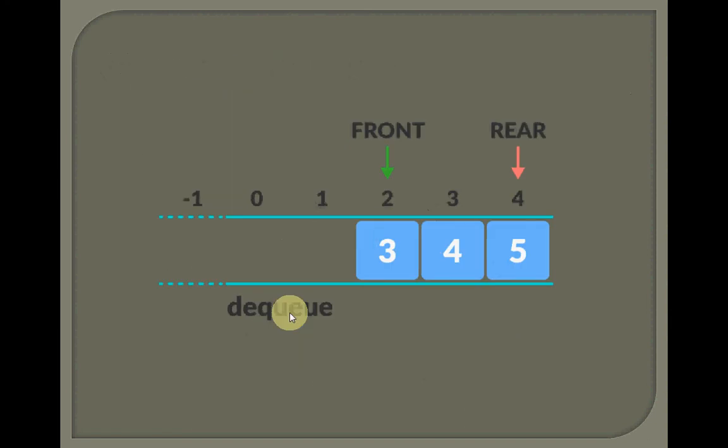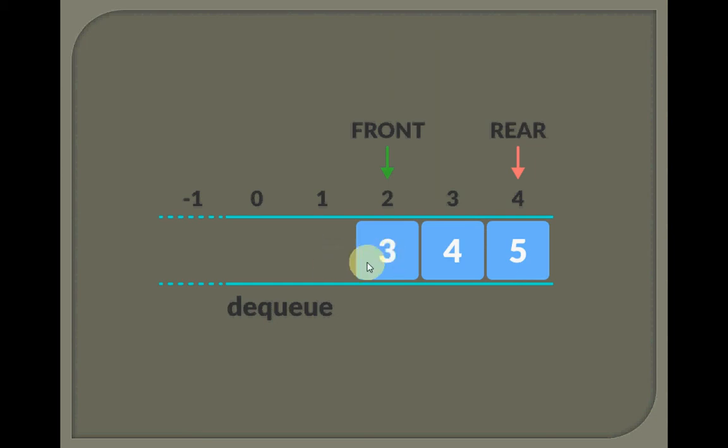See in this example, after a bit of enqueuing, means a bit of insertions, and after a bit of dequeuing, the size of the queue has been reduced. After deletion of two elements, now the size of the queue is 3. Starting, the size of the queue is 5. The index 0 and the index 1 can only be used after the queue is reset, when all the elements have been dequeued. Getting my point?